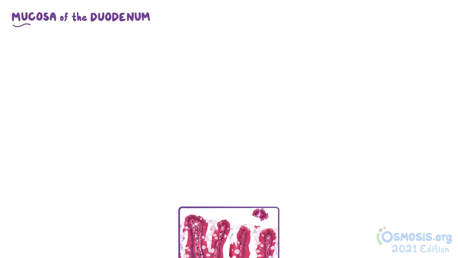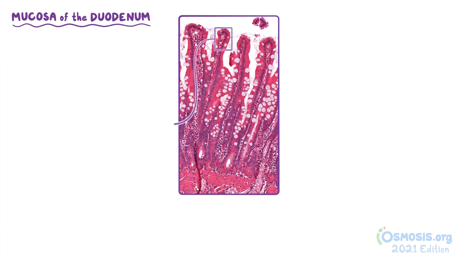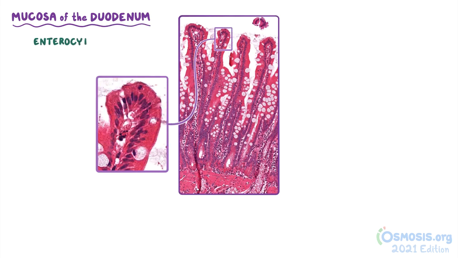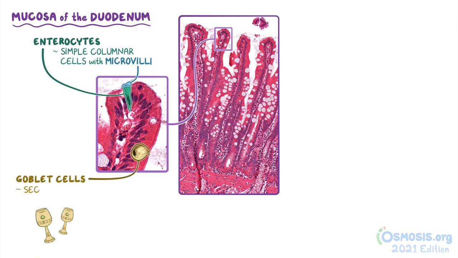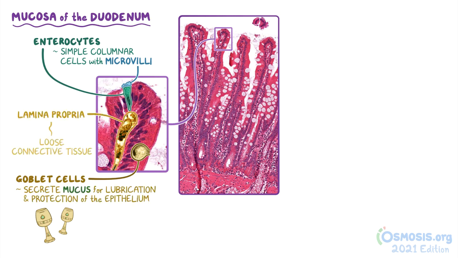Let's take a closer look at the mucosa of the duodenum. The villi of the entire small intestine are lined with enterocytes, which are simple columnar cells with microvilli. The microvilli increase the surface area available to the enterocytes for absorption. The pale cells within the villi are the goblet cells, which secrete mucus for lubrication and physical protection of the intestinal epithelium. The lamina propria is the loose connective tissue that supports the enterocytes and forms the middle or core